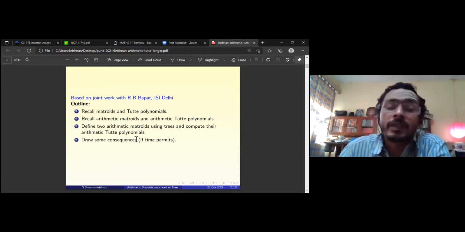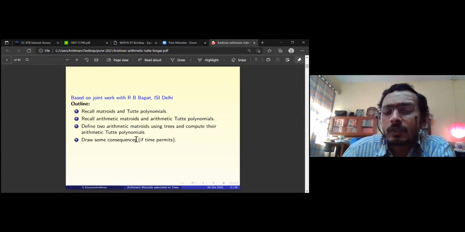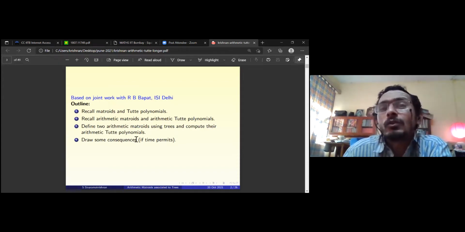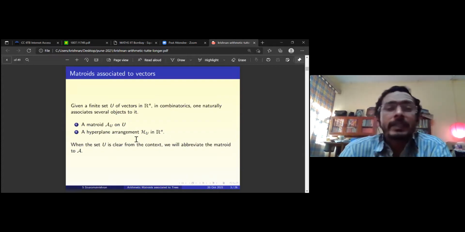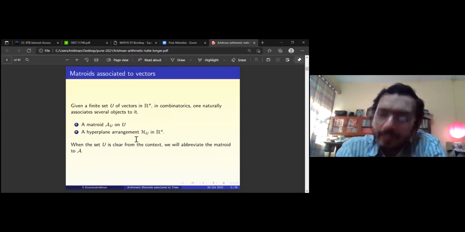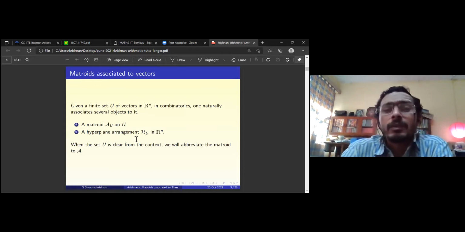If there are any questions, you can let me know, because I'll expect some background, but I'll give you this. I'm not defining everything, and there are a lot of references, and of course I have a lot of books also. So we'll see. Whatever background I require, I'll tell you what the background is, I'll tell you the result, and then I'll describe what we are doing.